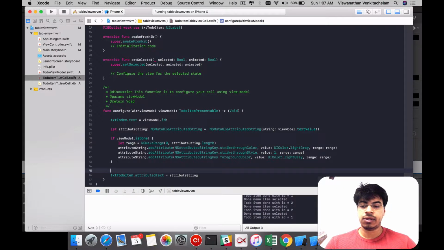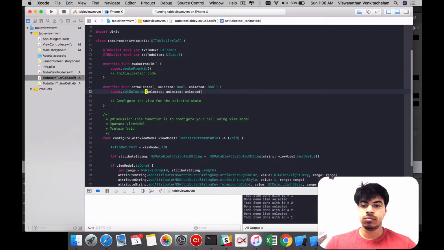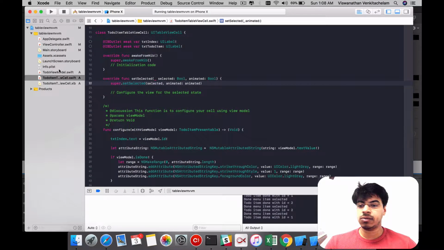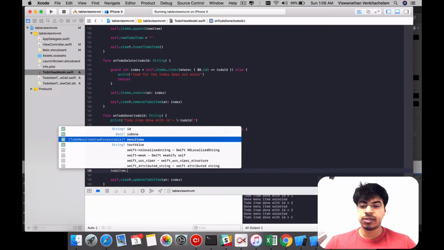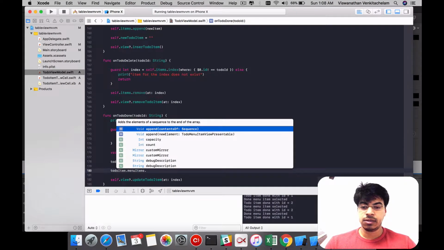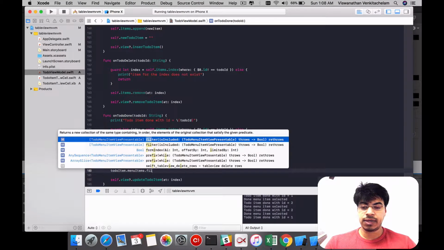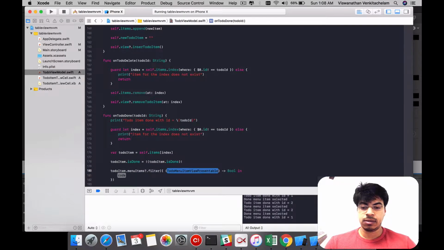So let's do that here. All I need to do is, where is it getting set? Go back to that view model. So I need to identify my menu item for which I need to set it. So let me write a filter for that. Filter will make sense. Okay, so that's my to do menu item,